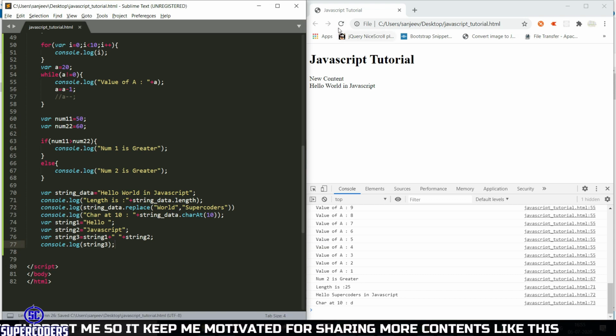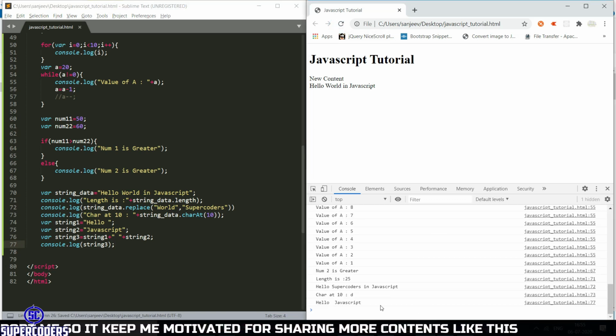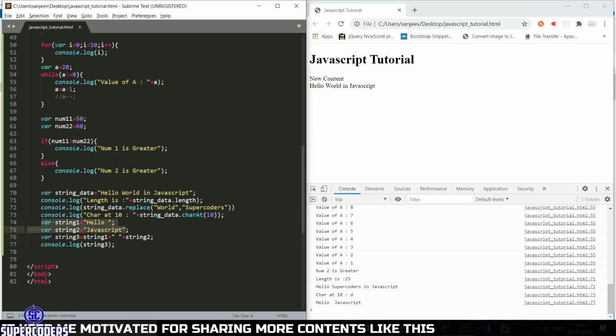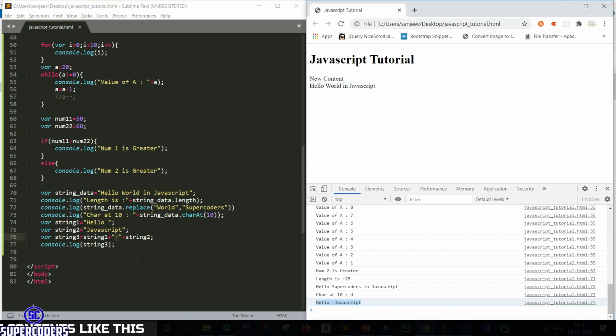So let's see the example. Here you can see both strings are joined now and stored into the string3 variable. This way you can join two strings using the plus operator, also adding space between them. So you can see the output of string3 now.